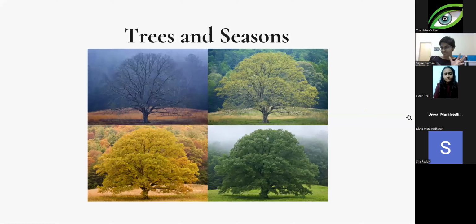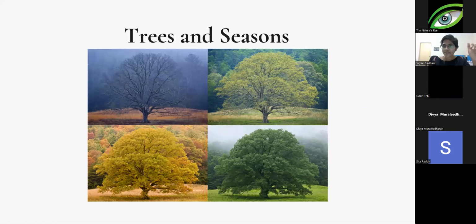So the title tells you that we're going to watch seasons through trees. But why trees? It is because trees are the pulse of seasons. They are the mirror to the climatic changes that happen around us. And as visible from this little picture, although trees are stationary, they stay in one place and they are mostly boring to most of us, they still change dramatically, and this change is in response to seasons, to change in the temperature, precipitation, and other factors that change